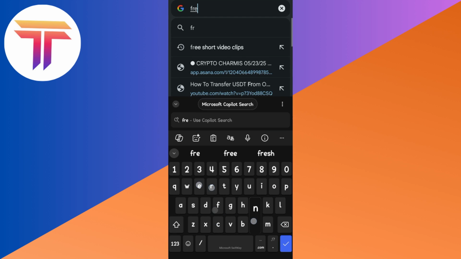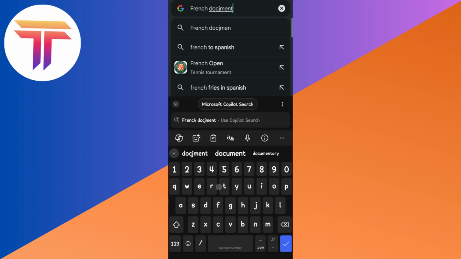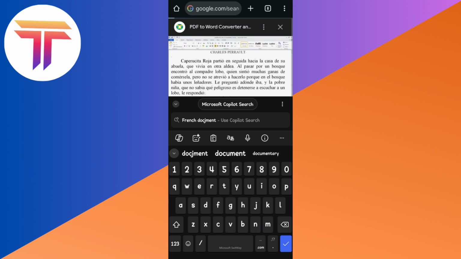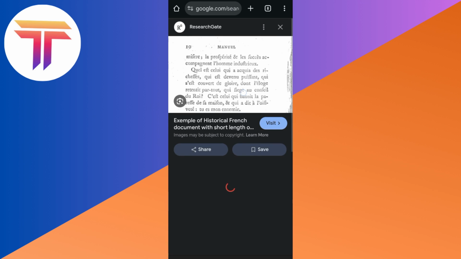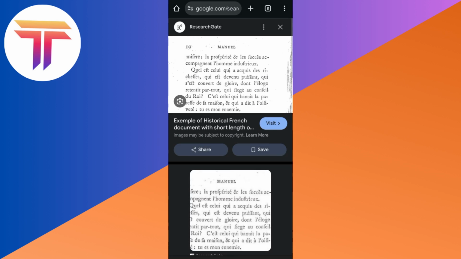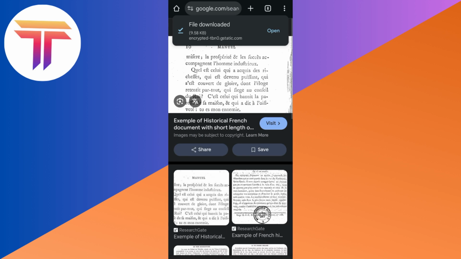So I will be visiting a specific site or let's just say a file or a document or a live text. Now I'm going to download this picture or this document right here. So I'm going to tap and then I'm going to download image. Now, once I have downloaded this image, then I can now go back to my Google or Google Lens,